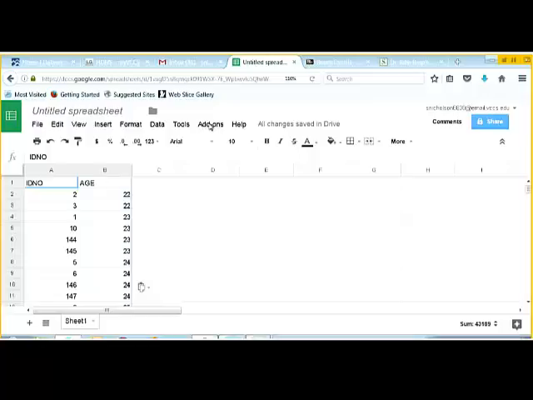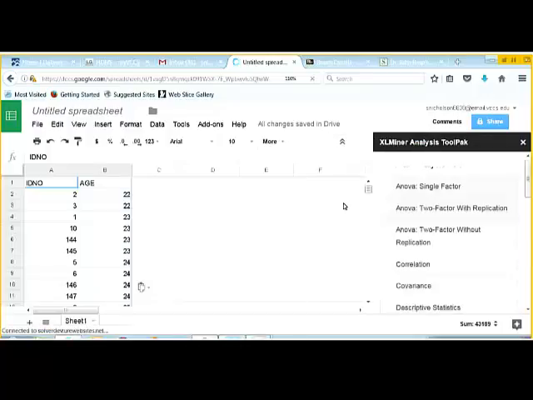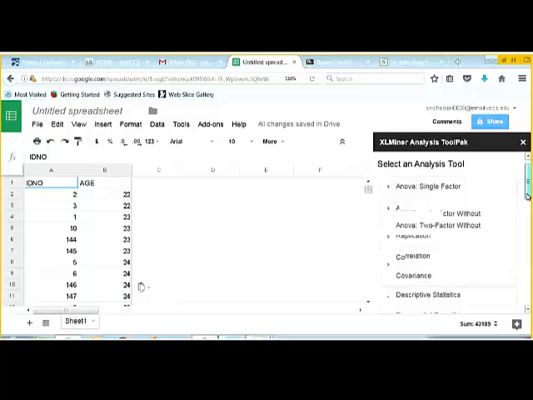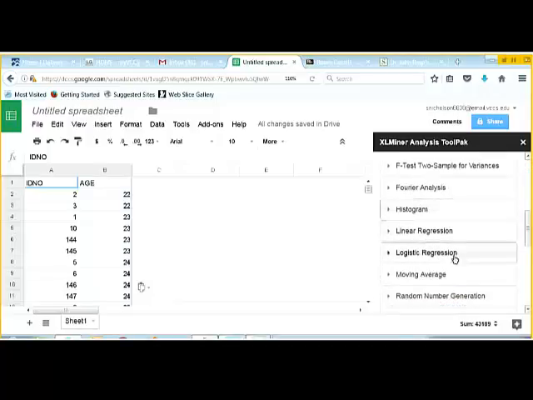Now there are add-ons, just like in Excel, where there was an additional thing you can add on, and I'll show you how to use this. It's called the Excel Minor Data Analysis Toolpack. The other one was called the Data Analysis Toolpack. So it has a slightly different interface, but not crazily different. Again, you can choose the analysis that you want to use, and these are all statistical analyses. The only ones that we're going to use are histogram